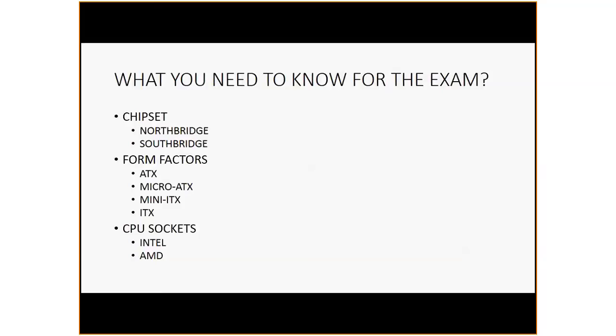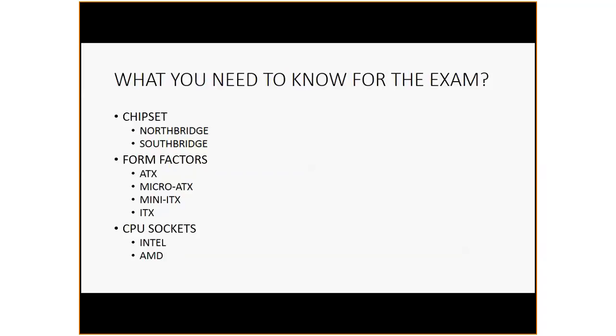You also need to know about form factors. Like I said, ATX, micro ATX, mini ITX, and ITX. You need to know the size of each different form factor. What's the size of the board, the motherboard, the specifications for each category, and then also CPU sockets. You have to know Intel has their own type of CPU sockets, and so does AMD. What are they named, and the different